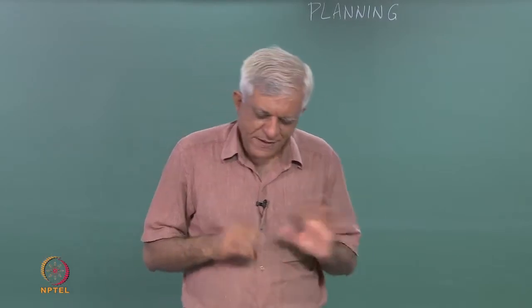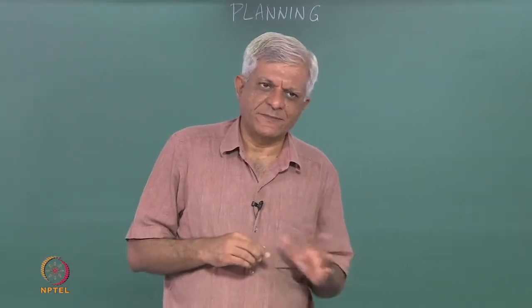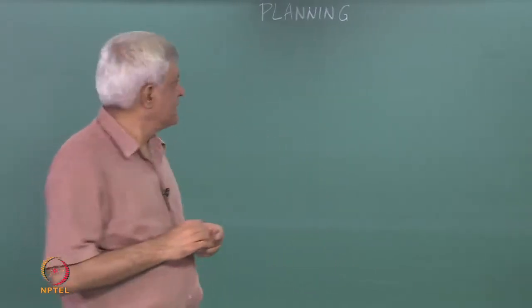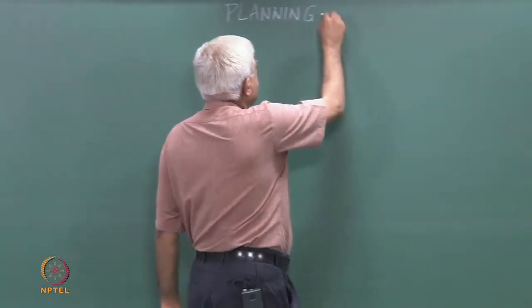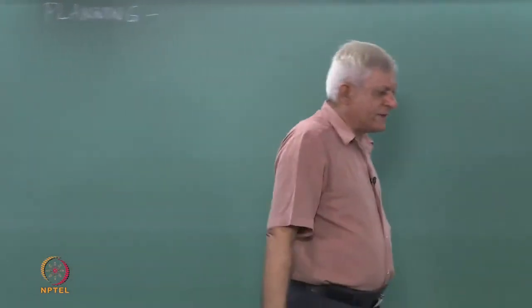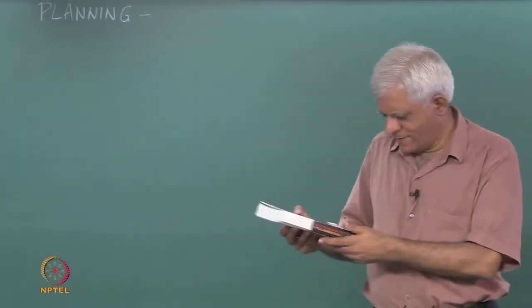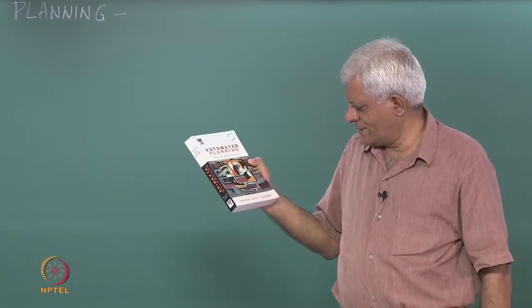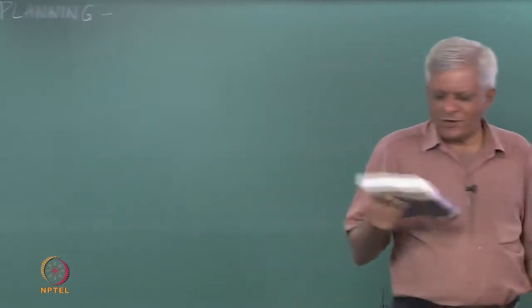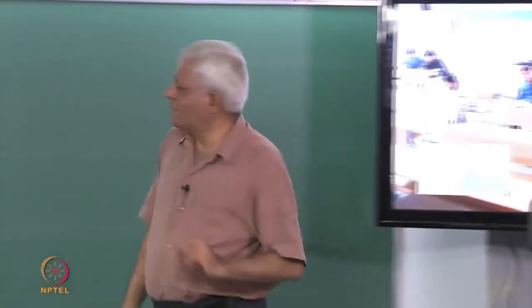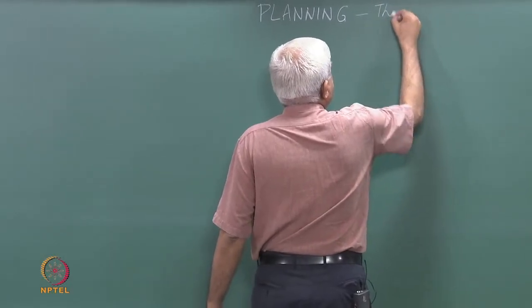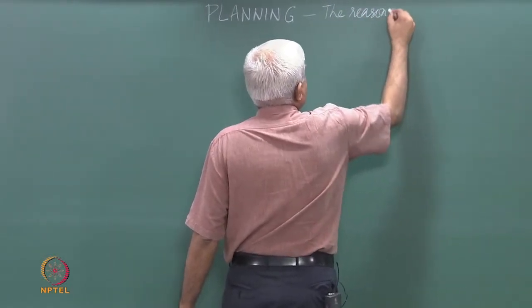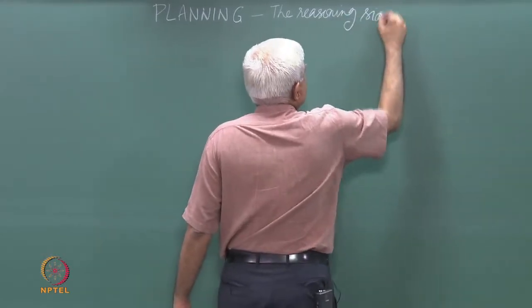So, what we are doing here is just the basics, but the more recent advancements we will probably do in that course essentially. Now, there is a nice book on planning, which we are not following here, by Malik Ghallab, Dana Nau and Paolo Traverso, called Automated Planning, and they start the book with this definition of planning. They say it is the reasoning side of acting.